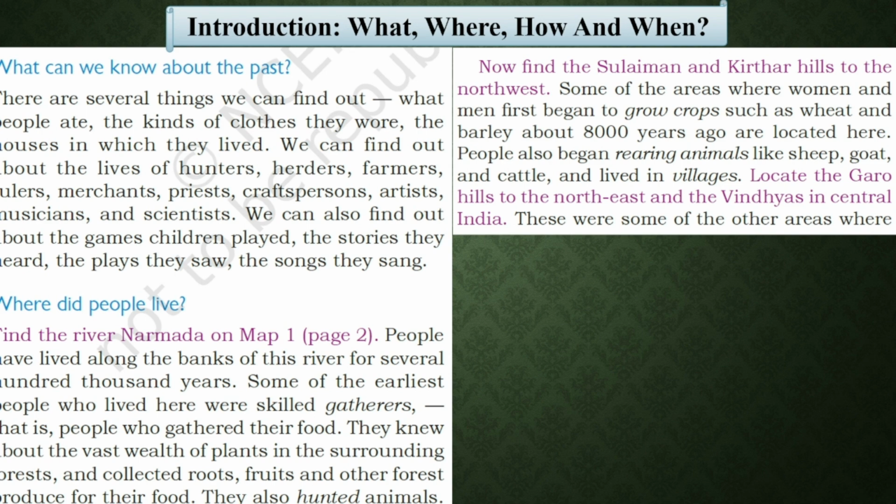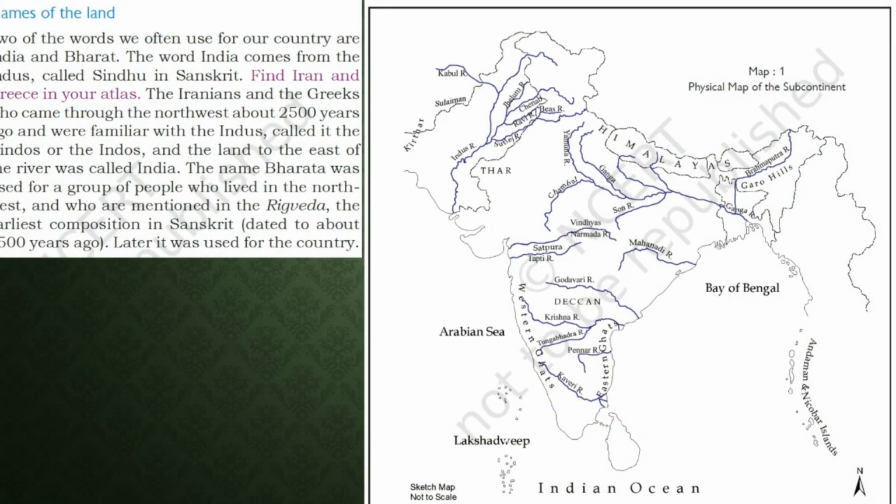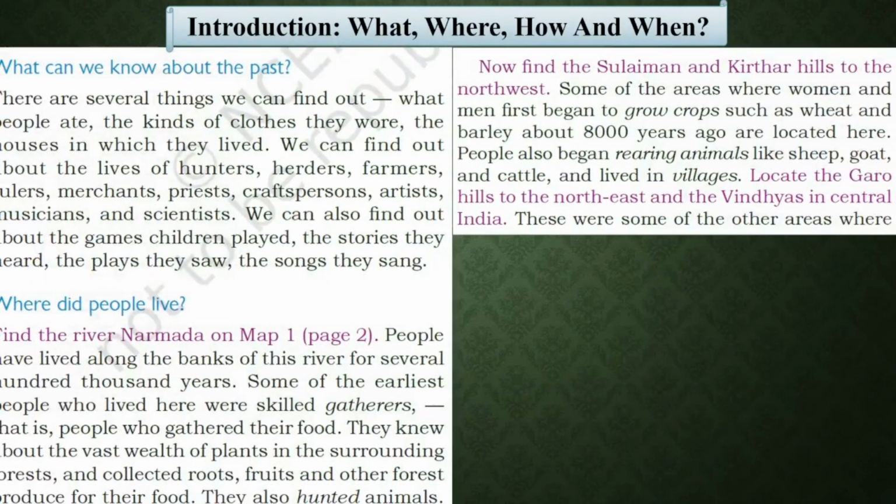The second theme is: where did the people live? As you can see on the map of India of that time, these are the places where people were living, and most of the people were living near the areas of the rivers only. So what you find here is that people were living in different parts of the country